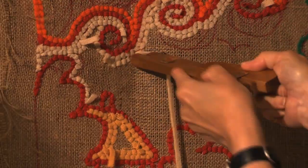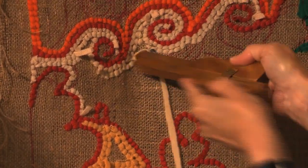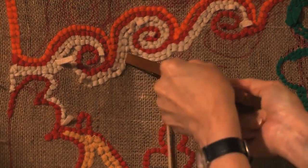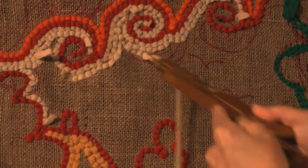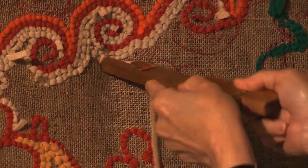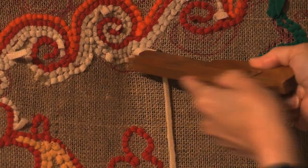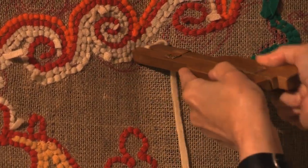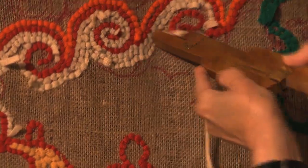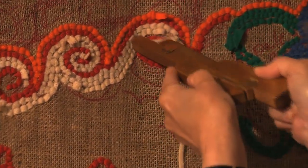I don't hand hook a great deal because it's fairly slow, and I use a speed hook, or speed shuttle, it's called in this country, or shuttle hook. It's got different names in different parts of the country, but I was lucky enough to borrow my teacher's speed shuttle, rushed home and made a pictorial rug, was absolutely thrilled with it because it is much faster than a